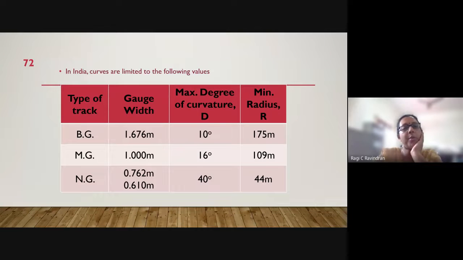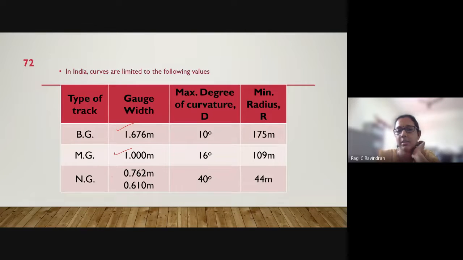The various types of tracks being used are, most common is broad gauge, then comes meter gauge and narrow gauge. Narrow gauge, again a lighter version is there. So you can see there is a change in the gauge width for narrow gauge. Okay. So these are the gauge widths. And these gauge widths are